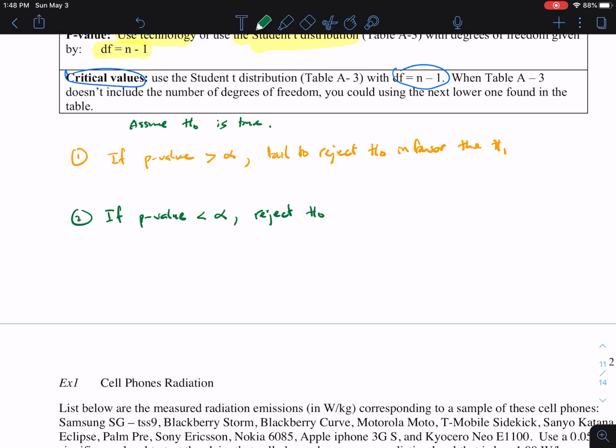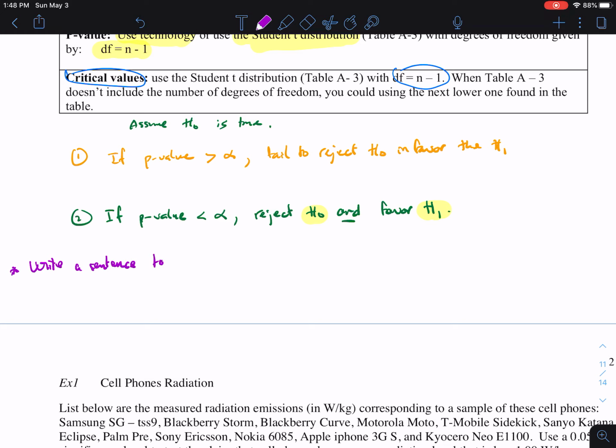We reject that assumption, and we favor the alternative hypothesis. It turns out that either the null or the alternative is going to be the claim. At the end of this conclusion, we're going to write a sentence